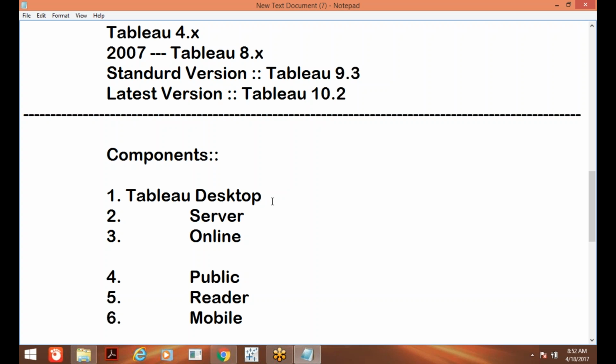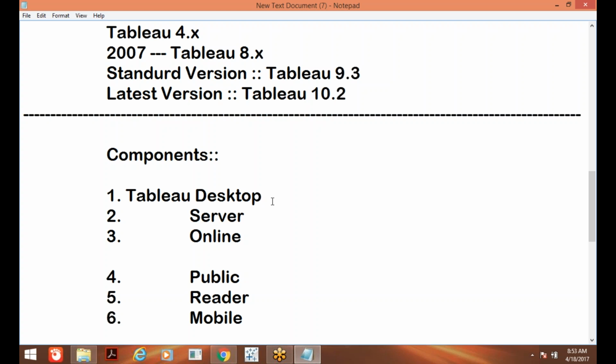So both are the same. If you are downloading and having the software in your system, that is called Tableau Desktop. But if Tableau Desktop is somewhere in the cloud and you are connecting from there into your system, that is called Tableau Online. You are using the desktop from the web. That's it. Online is like cloud. Desktop is normal. Generally, for those people who work from home now, Online will be the helpful thing.